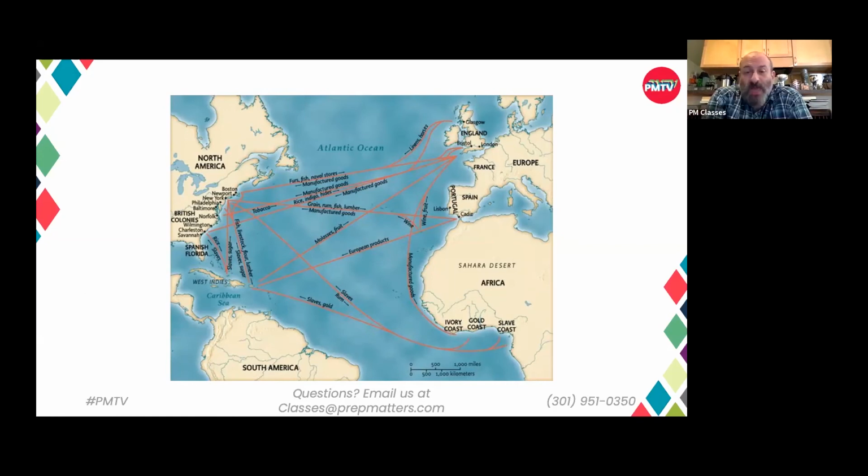So you may recognize this map as the triangular trade. This is the roughly three-way system of trade between West Africa, the regions that are now Nigeria, Ghana, the Ivory Coast, Cote d'Ivoire, the Americas, especially the Caribbean, and to some degree Brazil, and the American colonies, and Europe, especially England. You have likely seen the term the Middle Passage.